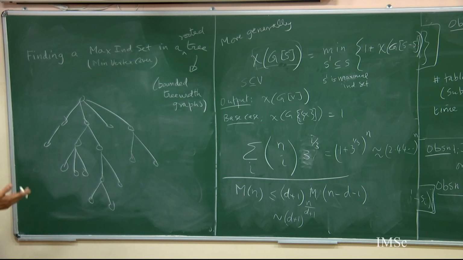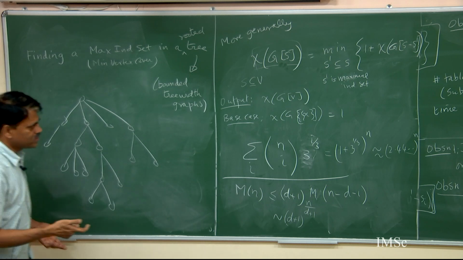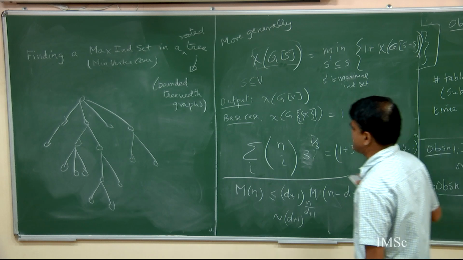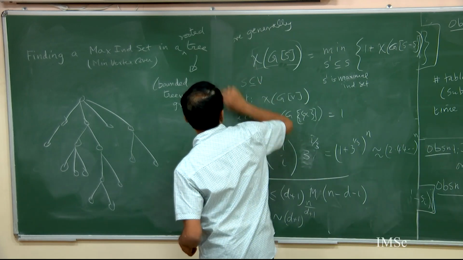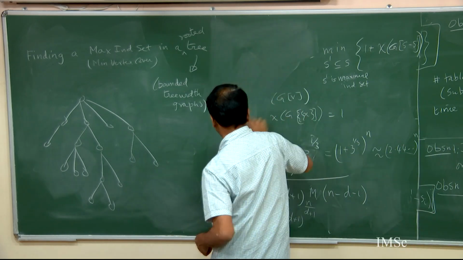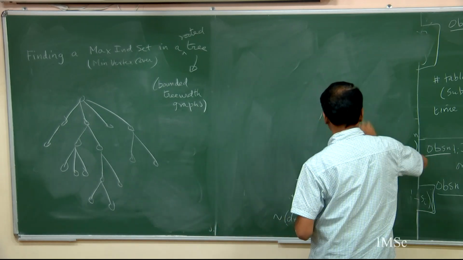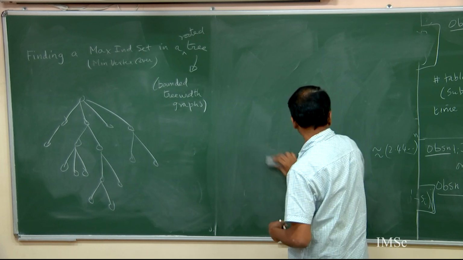So, let us make a choice. What are the sub problems we want, right? And the first thing we want to figure out is to do your choices and see what sub problems you want. So, what is the choice you want to make? Root is in my solution or not? Let us do that, right. So, if root is in a solution, then